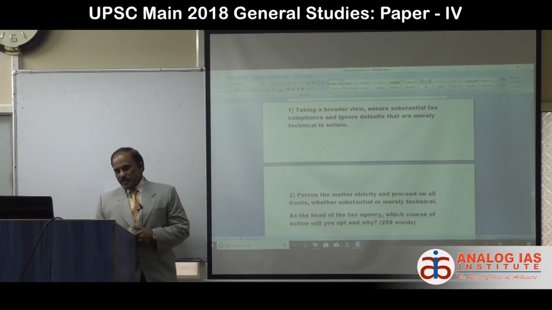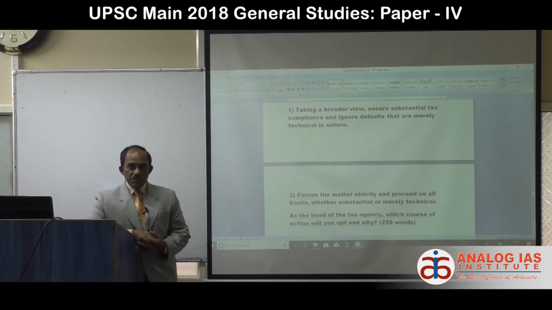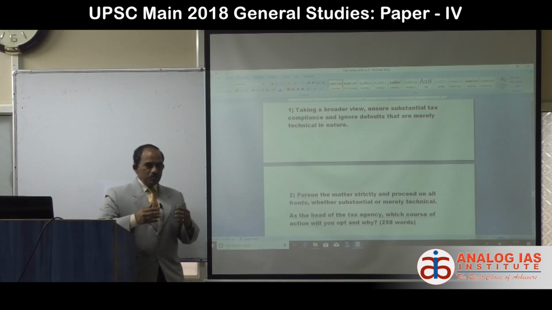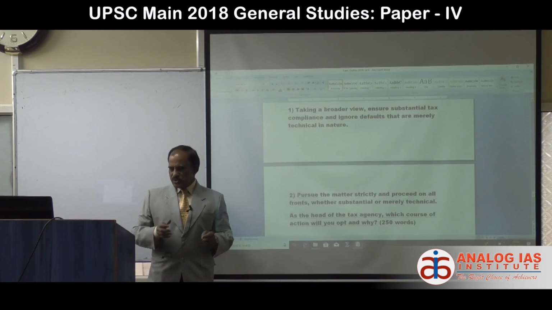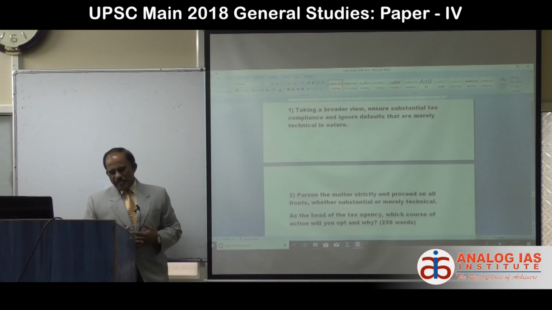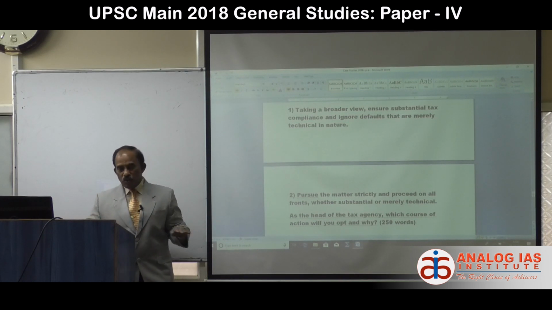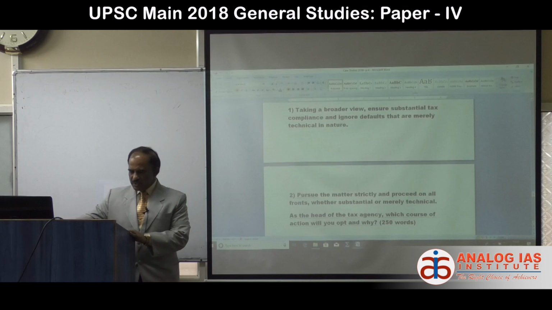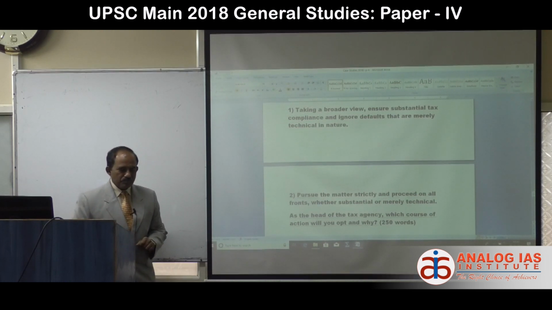We must also understand that ease of doing business is the motto of each and every government. In the ease of doing business, the purpose of the government is to make things simple, because people cannot spend much of their time in understanding and in litigations. So the most important aspect is how to ease the doing of business, and you must simplify the procedures.